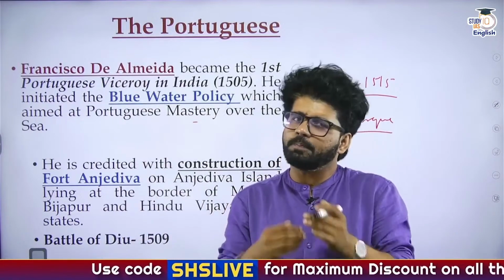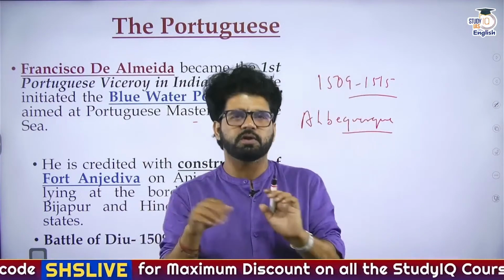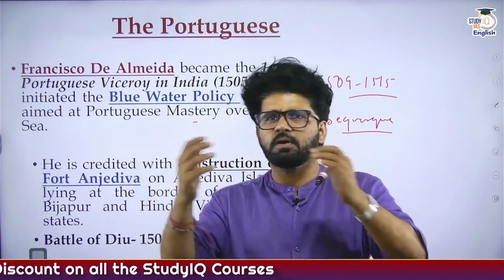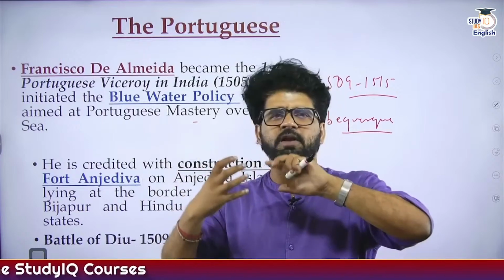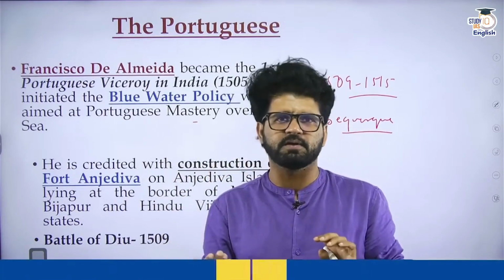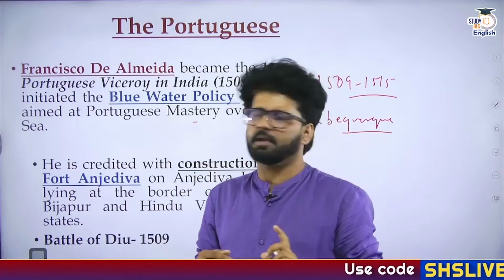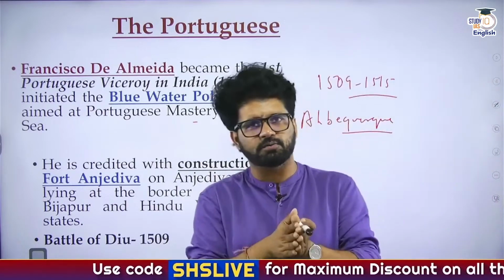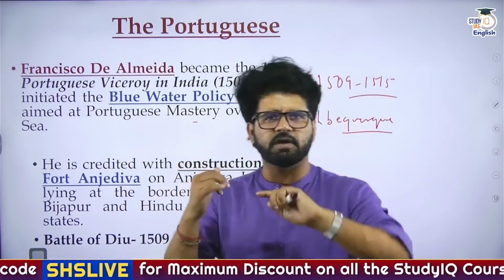But again, ab pachtaye hot kya jab chidiya chug gayi khet. What that means is, what is the use of sorrow or feeling pity about yourself when you already have committed the crime, and you did commit a big crime by getting Albuquerque killed. So he was the greatest Portuguese viceroy, and then after a time lag will come Nuno de Cunha.